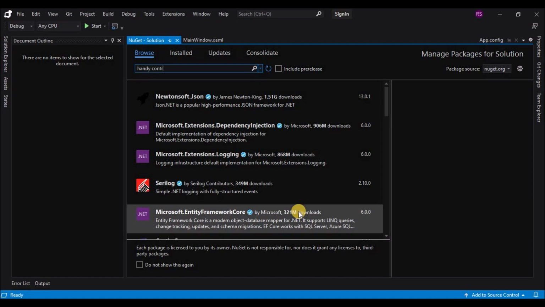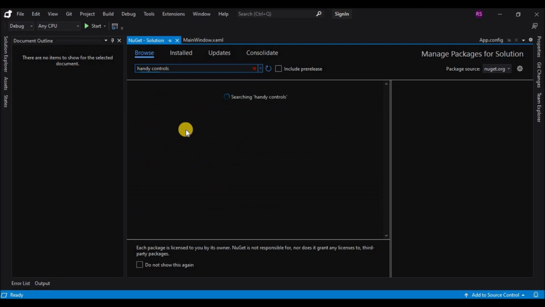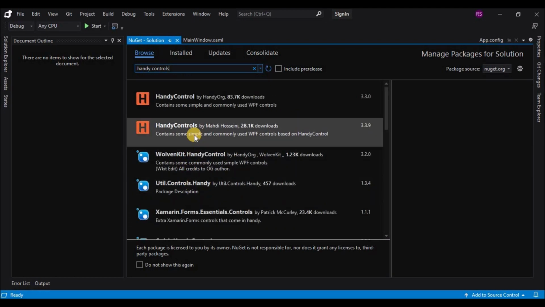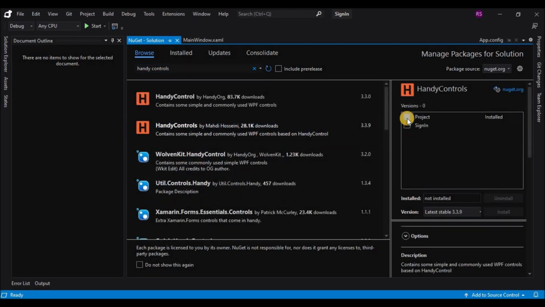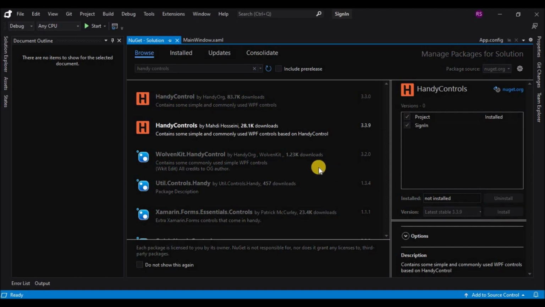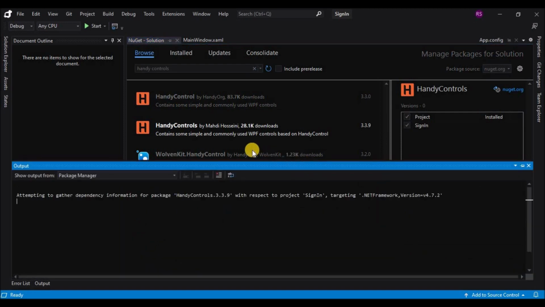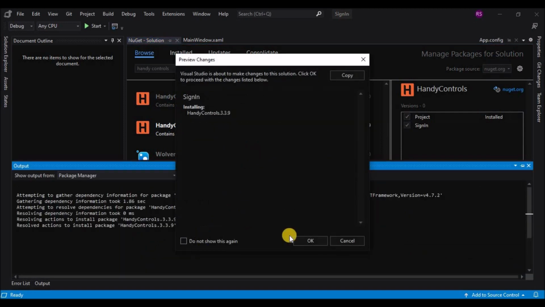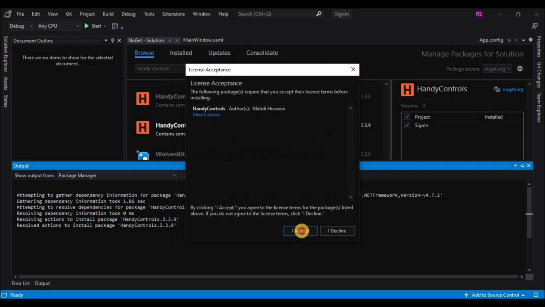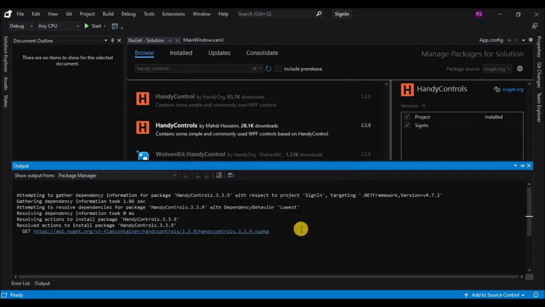Now let's look for handy controls in the browse search bar and select the second package. Select the project and click on install. Let's click on OK and accept the terms and conditions, and the package will now be installed.